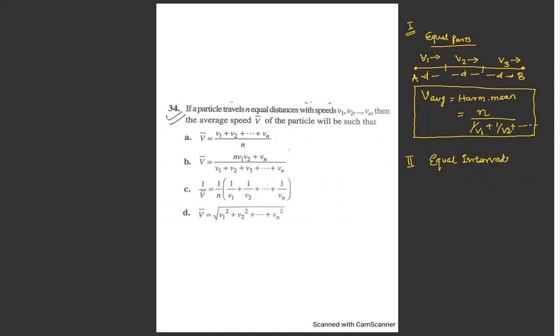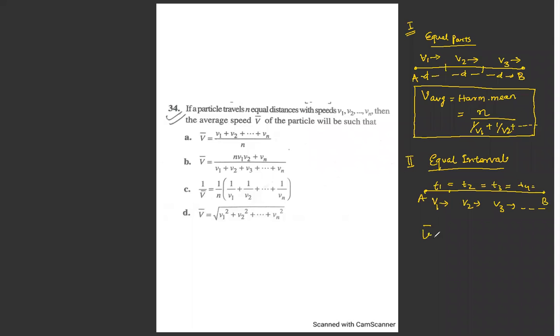So what does equal interval say? Equal interval says that we are going to break the journey into equal time intervals, not distances. If I say this is T1, and T1 is equal to T2 is equal to T3 is equal to T4. Let's take an example. You want to move from one place to another, and you break it in such a way that the distances are not equal, but the intervals are equal, so the speeds must be different. In the first interval it is V1, in the second one it is V2, in the third one V3 and so on.